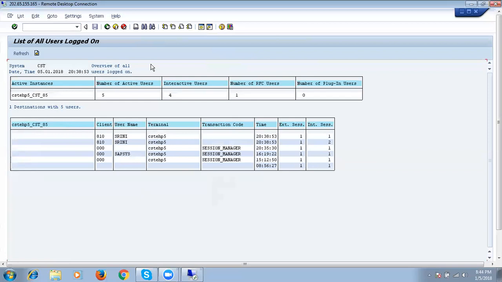Yes. So here, as per the application server, we can see the users list. If you execute AL08, it displays the list of users as per application server.